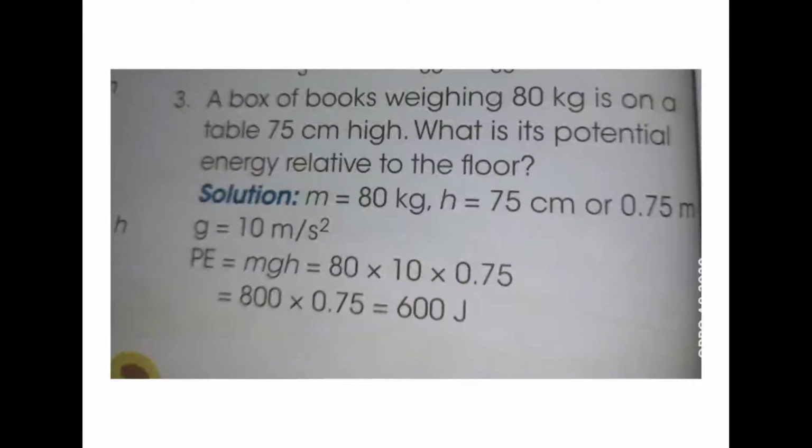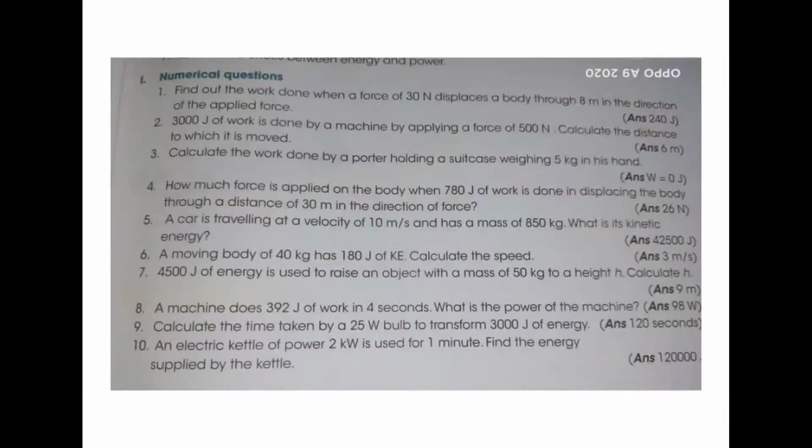Same way, mass into acceleration due to gravity into height, direct substitution. Now we will have our exercise questions. In the first question, find out the work done when a force of 30 Newton displaces a body through 8 meter in the direction of applied force. That means force is given and distance is also given. So the formula which we will be using